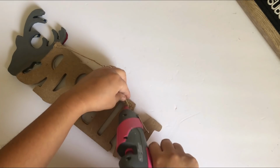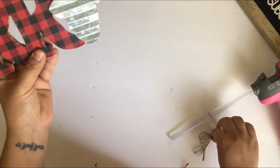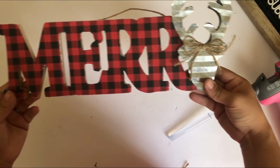I kind of thought it looked plain, so I did add a little drawstring bow to the deer. And that is it, guys, for this Merry sign. I absolutely love how this turned out,